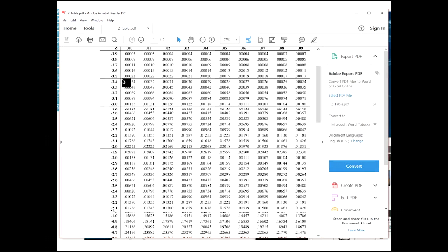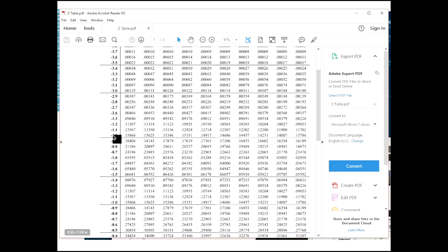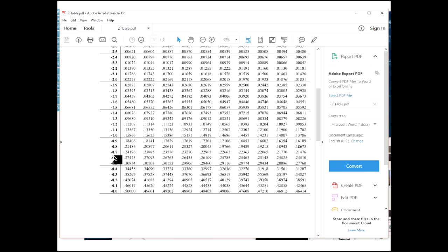We go to that table. Remember, we're looking for negative 0.4. Remember, this side is your numbers, but look, they also include the whole numbers of being 0. So there's my negative 0.4. And remember, I didn't have a number after it. So it's negative 0.40, which is this number right here,